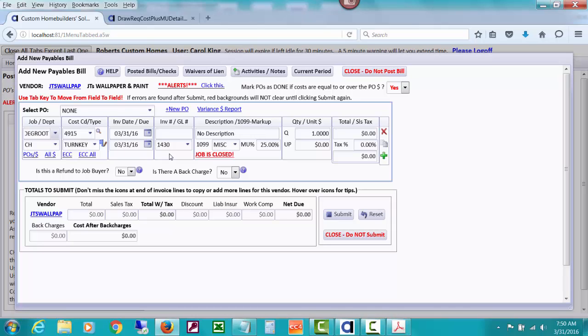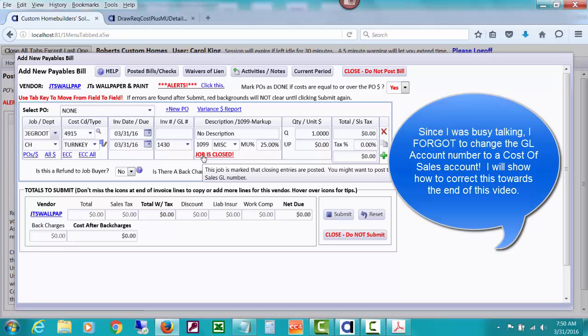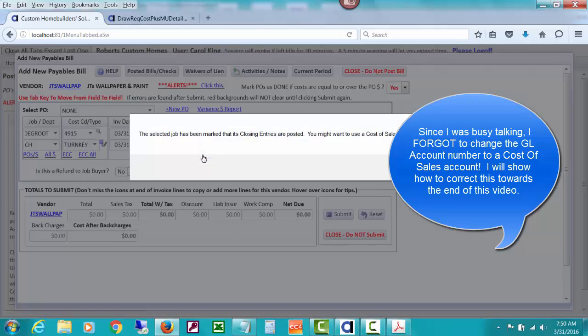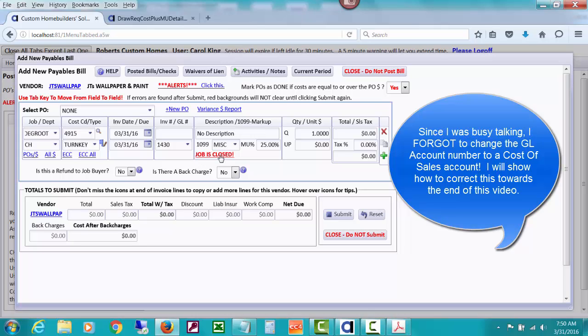And I'd like you to notice that it says job is closed. So it's trying to help you know that this job is closed, and if you hover over it, it says this job is marked that closing entries are posted. You might want to post a cost of sales GL number. And if you click on it, it's giving you the same information. So you get this in red all of a sudden. That's a clue. And since the job was closed, we might still go ahead and leave this date on it,